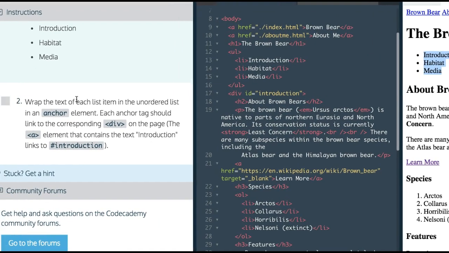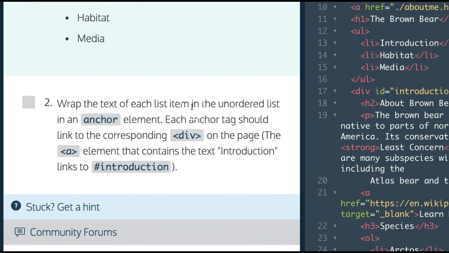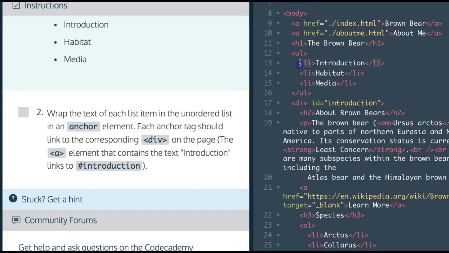Second says wrap the text of each list item in the unordered list in an anchor tag element. Each anchor tag should link to the corresponding div on the page. The A element that contains the text introduction links to introduction. So each of these should have an anchor tag. Okay, so each anchor tag should link to the corresponding div on the page. So this div here has an ID of introduction. So when they click introduction, we want it to link to this div that says introduction by doing href equals,